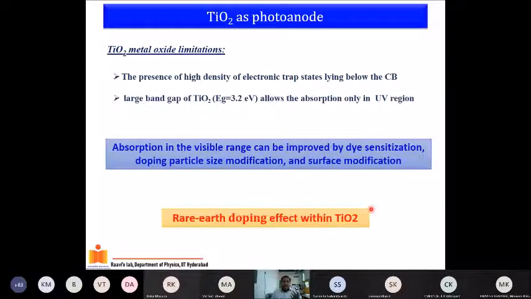For example, your rare earth. Rare earths are the lanthanides, which are known to have colors in the visible. It is not something which is being explored only now. Rare earths have been doped in glasses decades, centuries ago. If you go to some nice old churches in Europe or some countries, you will see rare earth doped glasses giving beautiful colors.